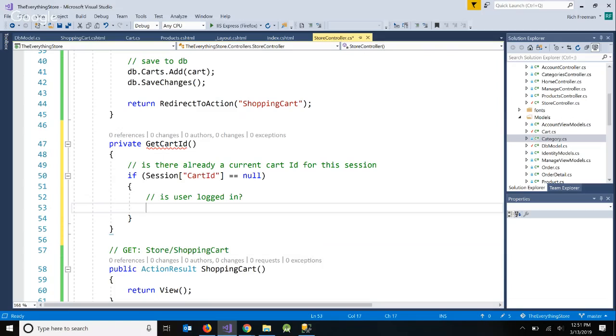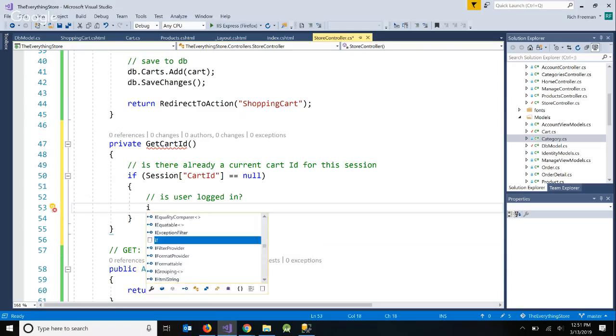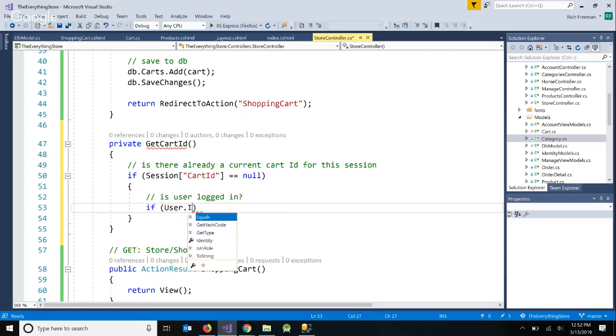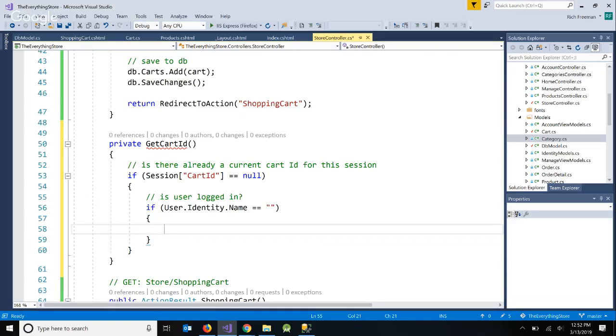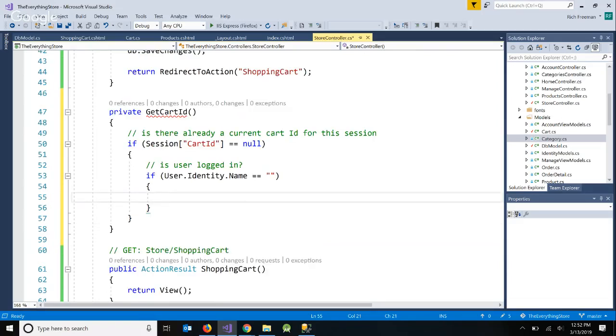So we'll need another if statement here. So if our user identity.name is an empty string, are they logged in or are they anonymous? Yeah, they're anonymous. We have no identity. So in this case,